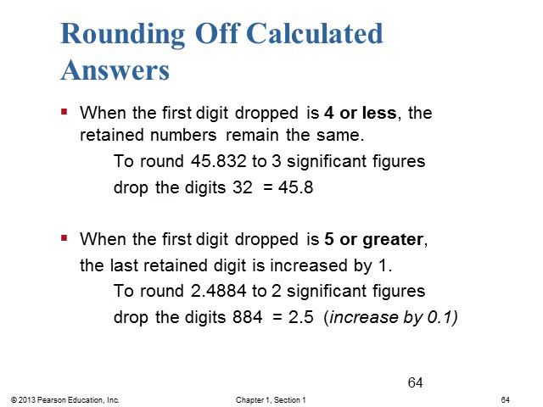Whereas if the first digit that's going to be dropped or cut off is 5 or greater, then the last remaining digit has to be rounded up by 1. And so if we're going to round 2.4884 to 2 significant figures, we're going to keep that 2 and that 4 place. All right, since we're chopping off the 884, that 8 is greater than 5. And so that means we need to round the last reported digit up by 1. So we're going to report it as 2.5.